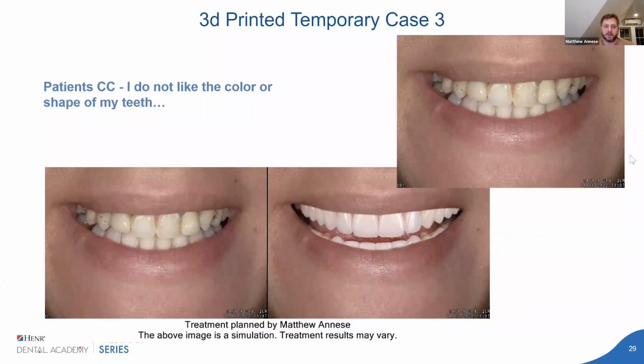And the third 3D printed temp case, again, wasn't an additive case. This isn't a case where I would take shell temps and layer them on, mostly because tooth number 7, tooth number 10, they're pretty large, they're protruded, they're kind of flared out. So I wouldn't want to make those bigger. Those need to be calmed down, I think,